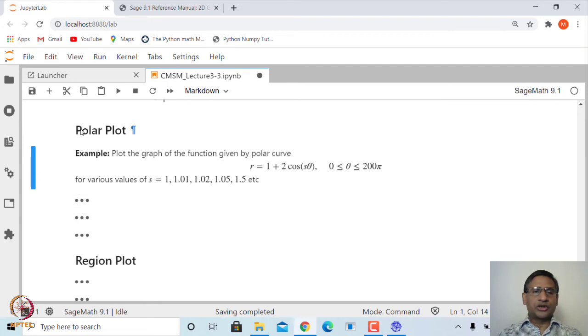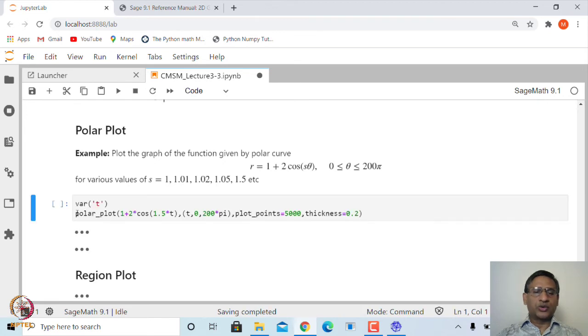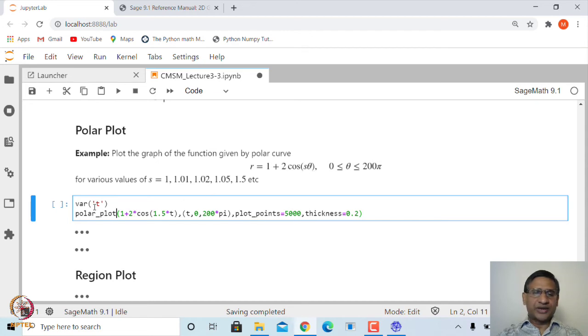In order to plot a polar graph, there is a function called polar underscore plot. Here, instead of theta, I am defining this variable as t. If you want, you can define this as theta also. Let us say theta, and so wherever you have t, I have to say theta. Here also theta, right. And so, polar plot, and then you need to give the right hand side of r,